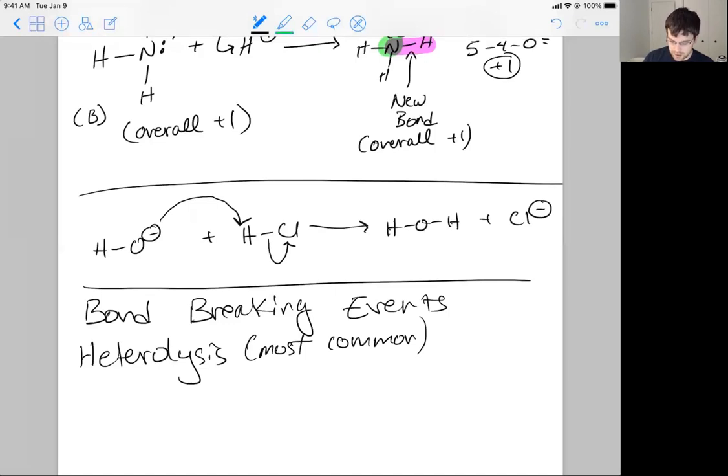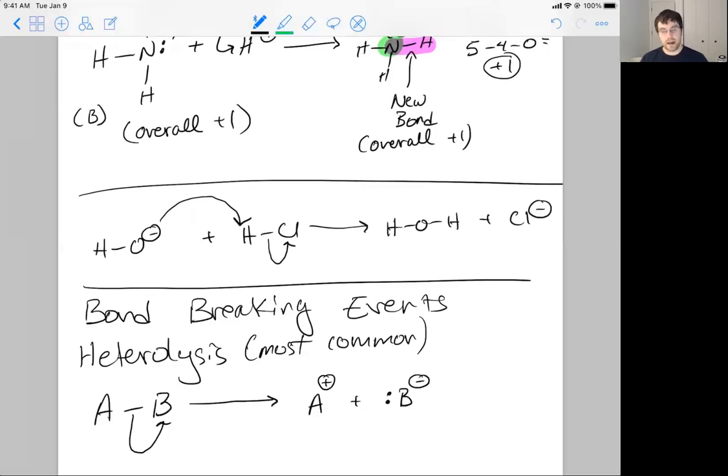So in heterolysis, if A is bound to B, we are going to show the movement of electrons from being shared between A and B to then being localized only on one element. So we're going to push the electrons from A over to B. What happens when you do that is you gain a positive charge on A and a negative charge on B. This is the opposite of bond formation that we saw before,